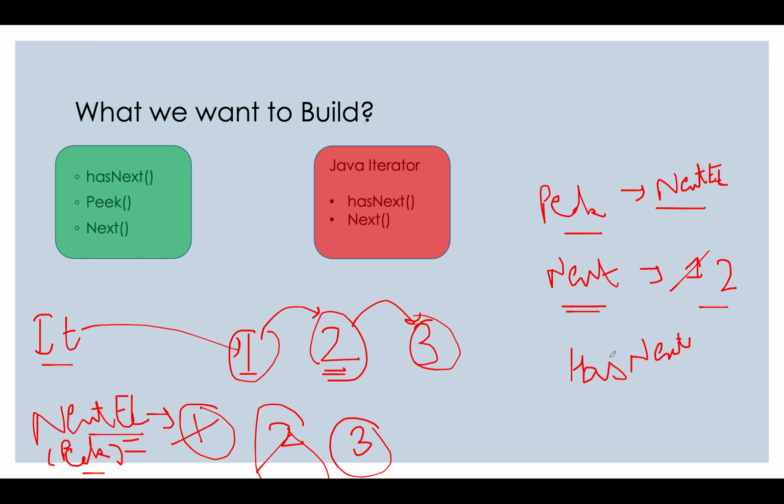Now for the case where the list is exhausting, we will check whether it has a next element or not. Since it doesn't have the next element, we will initialize this to null, and in that case next would return the previously cached value, which was 3. So this returns 3 instead of 2. If there's some confusion with respect to how I am doing this, it will be cleared in the coding part. So let's quickly code this up.